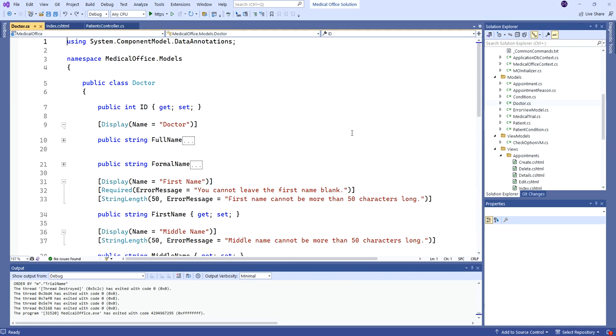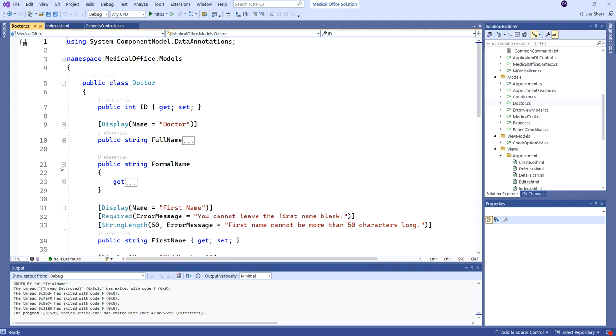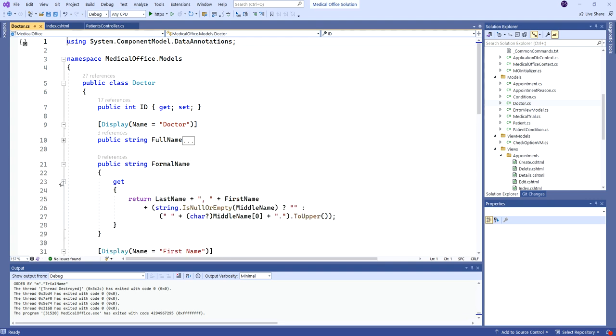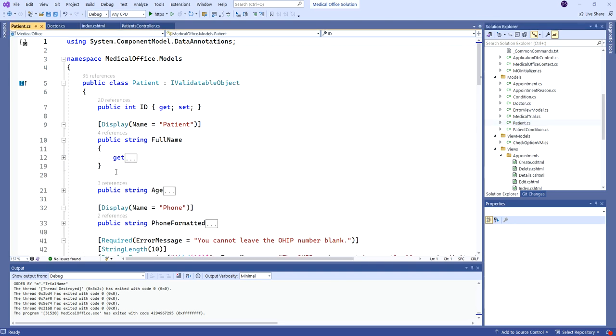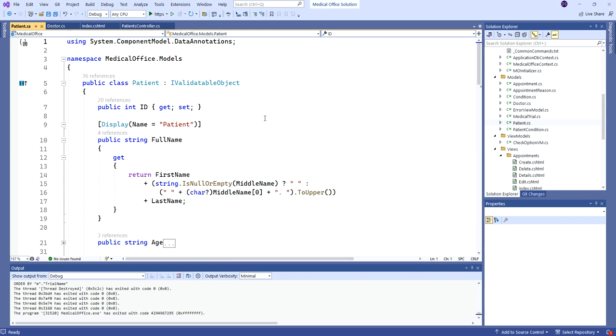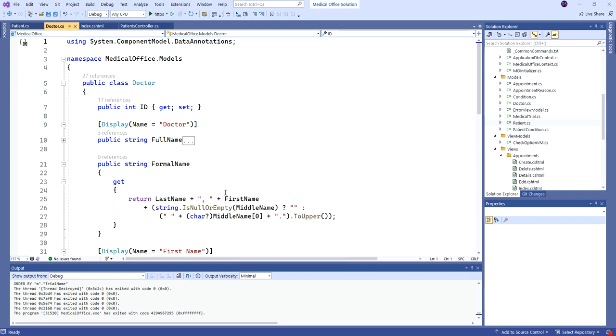Remember, we did that in doctor. We added both full and formal names for the doctor, but we didn't do it for patient. Obviously, I only have full name. So if I want to, easy, no problem. I can even steal the code here for this formal name because I use the exact same